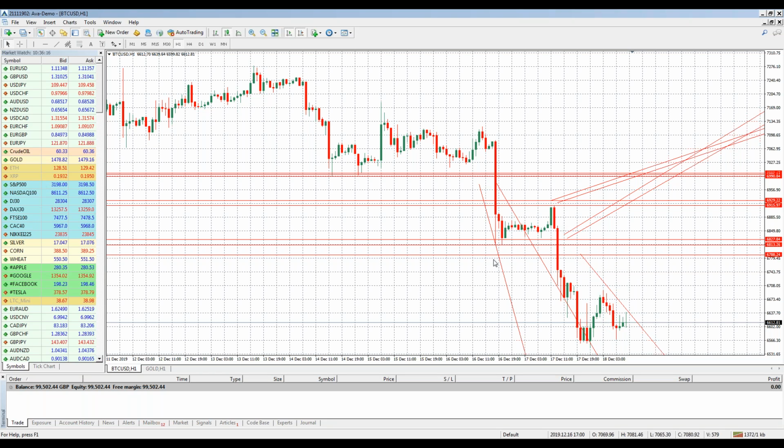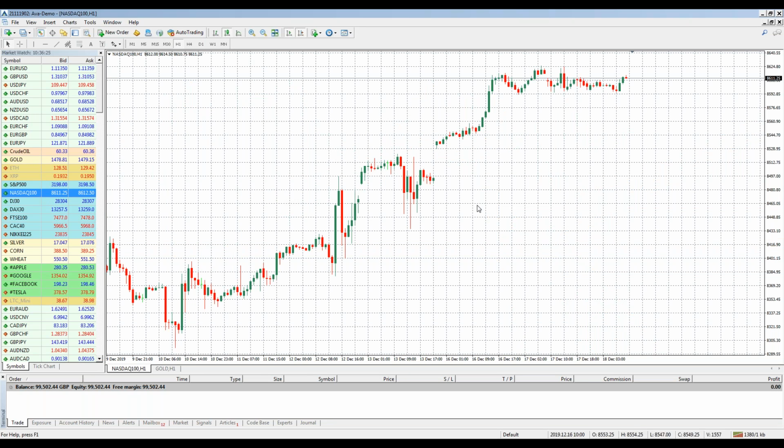Now let's go and maybe apply some similar strategies to some other assets. What's moving a lot lately: Nasdaq, S&P 500, Dow Jones. So let's look at some simple technical analysis stuff without looking at any fundamental news yet and see how we could have already made money today and what some potential opportunities are moving forward. Okay, so